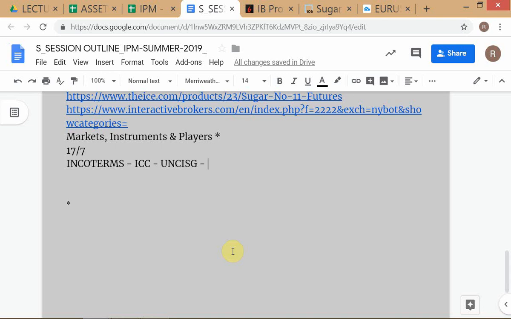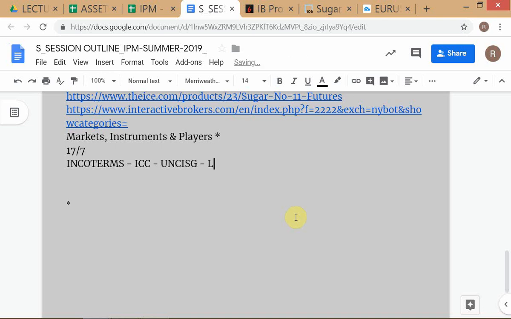It's a very technical subject. You have to be very familiar with this. It's your responsibility to learn. If you have any questions, you can come to me, but it's your responsibility to learn all this stuff. You must be a master of LCs. I remember they didn't teach us in Ahmedabad. When I went to American Express Bank for my first job, we had rotations, and when I went to the trade finance department, they were telling me, "Hey, you're from Ahmedabad. You don't know what LCs are." So you should know what LCs are. By the time you go for your first job, you should know the whole product inside out. It's a very technical product.